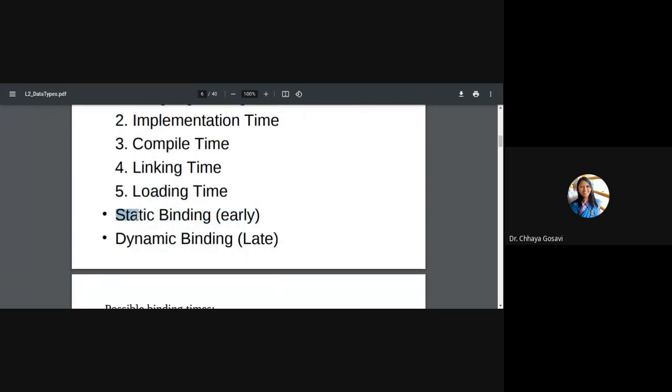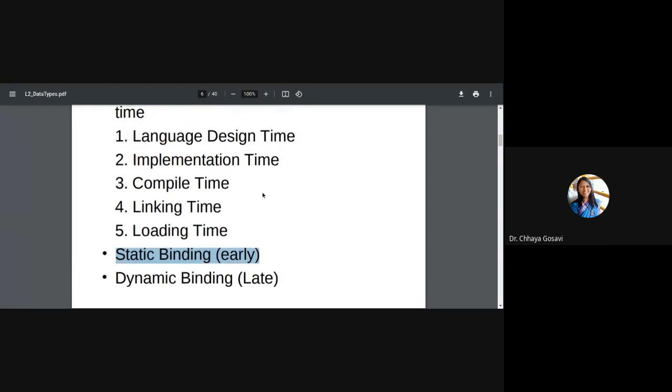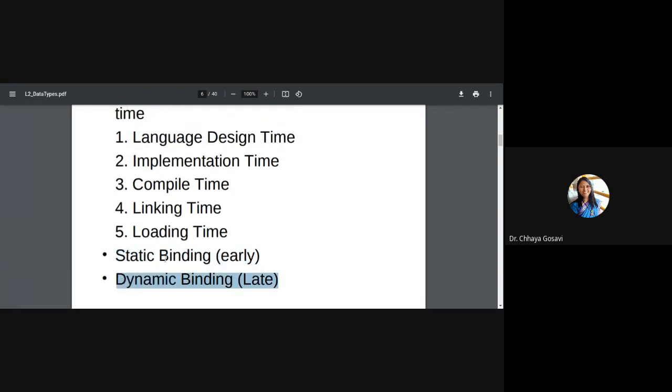Now there are again two things, that is static time binding and dynamic time binding. As the name says, static means early binding, which is known as compile time binding. So all these bindings 1, 2, 3, which are at compile time or before compile time, are called static binding. These are fixed bindings. These bindings are not going to change whether you execute a program on any machine, because this association happens at compile time.